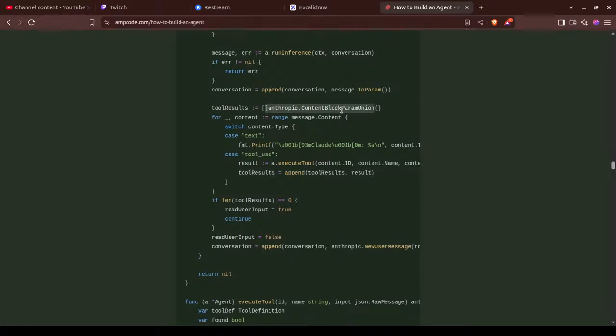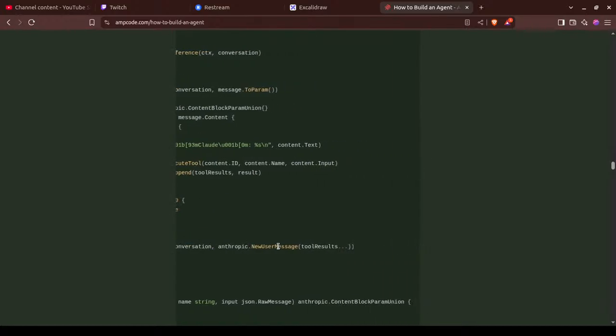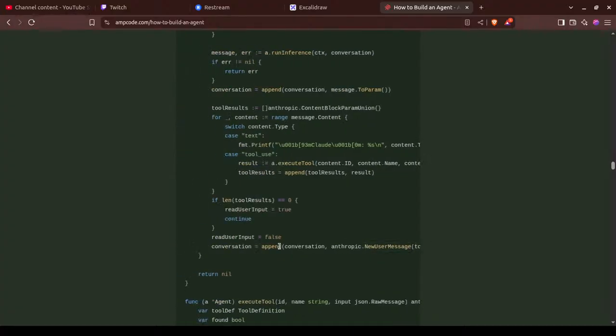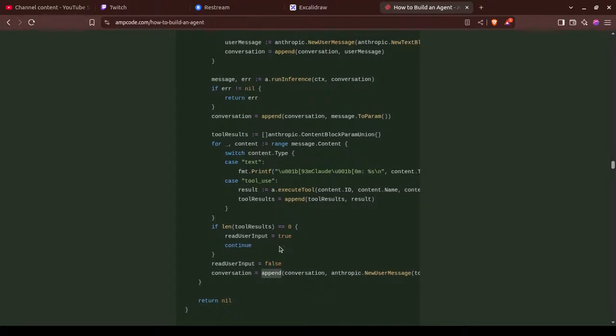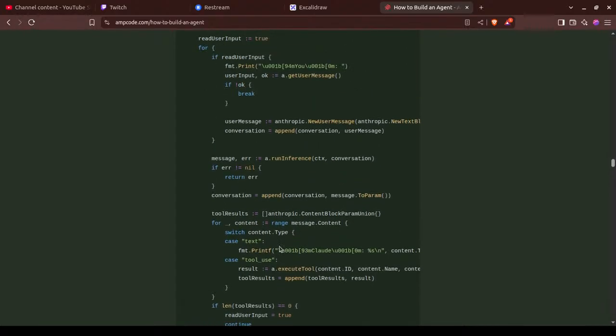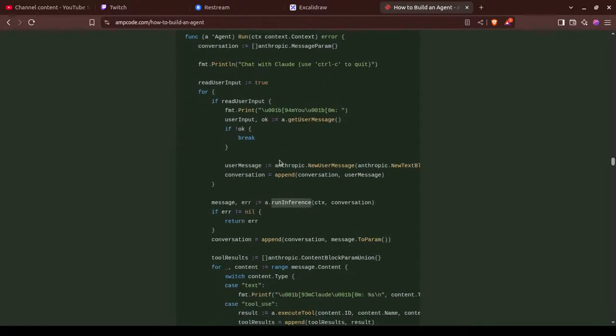We are creating a new copy of tool results every time here. If it was not a tool call, we set the user input as true, so we'll read the user prompt. But if it's not the case, then we'll append that tool result into the new user message. That is the ongoing conversation history. You can say it context, the context window, and then here I don't know what we are doing here. Run inference. Oh, this is the function that we call that thing.